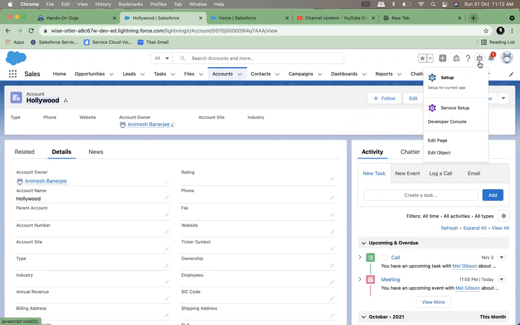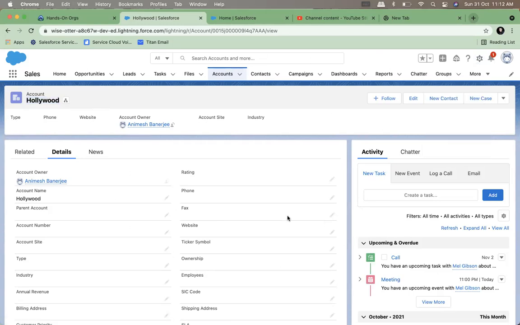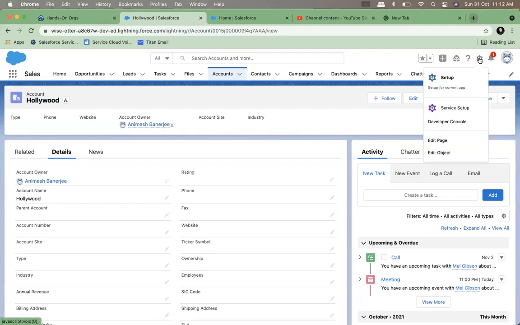What will I do? Herein, your job as an administrator comes. So you are a person who is changing Salesforce so that it meets the business requirement of your company. So you will go into setup. This is the office of the system administrator. From today, you will completely work inside setup. Who is using Salesforce outside setup is a normal user, the business user, the salesperson, the service person. The system administrators are technical people who only work inside setup.